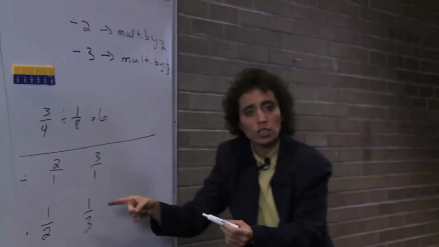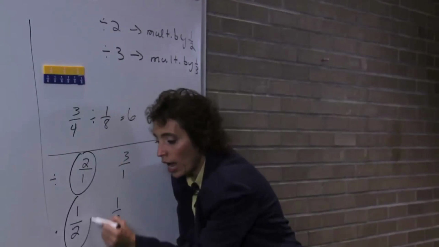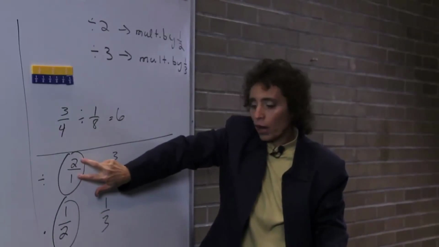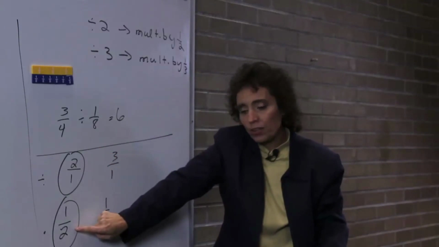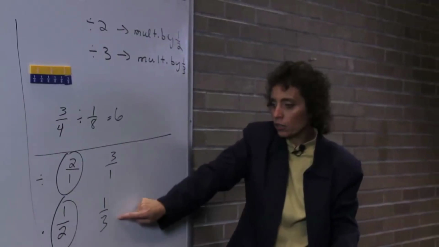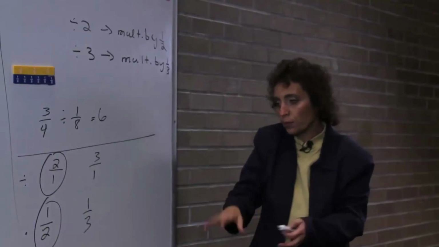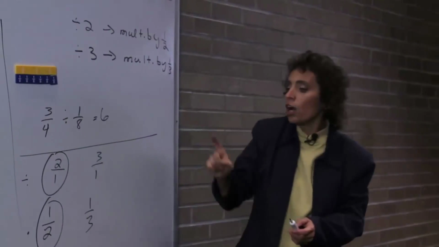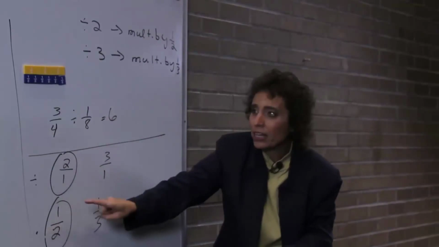Okay, let's take a look at these numbers, the relationship. This is 2/1, and what I have here is 1/2. All we did was take this fraction and interchange the numerator and denominator. And when we did that, we formed this fraction, and these are called reciprocals. Same thing here, reciprocals. Reciprocals are formed, and this is in your notes, by interchanging the numerator and the denominator. So dividing by some number is the same as multiplying by its reciprocal.